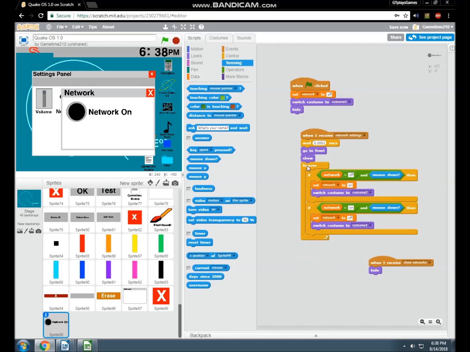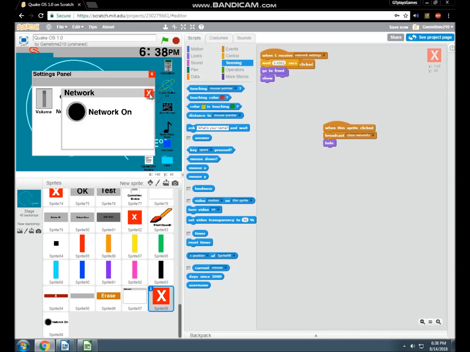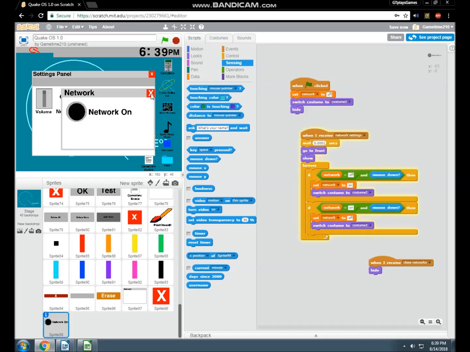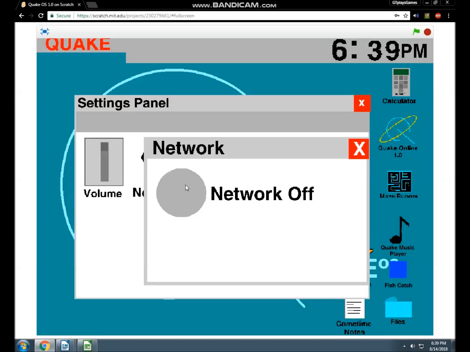Let's put a forever loop on it. When you click it, it should be able to change. Either Scratch is really glitchy today. Wait, did I just see that change?